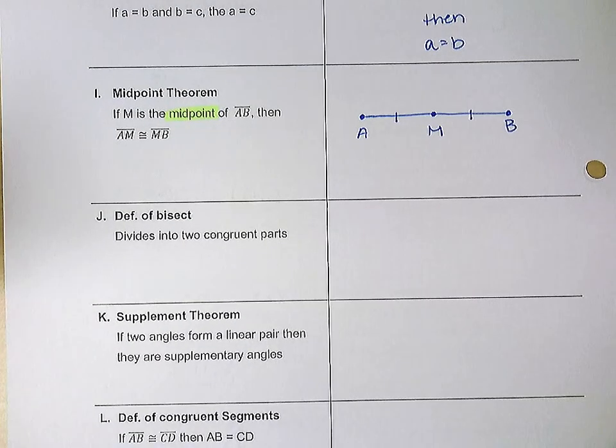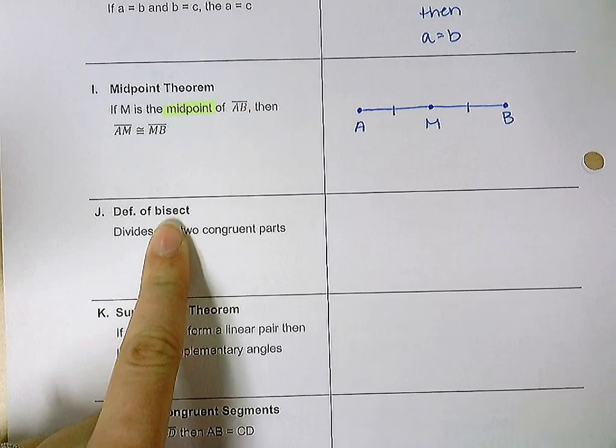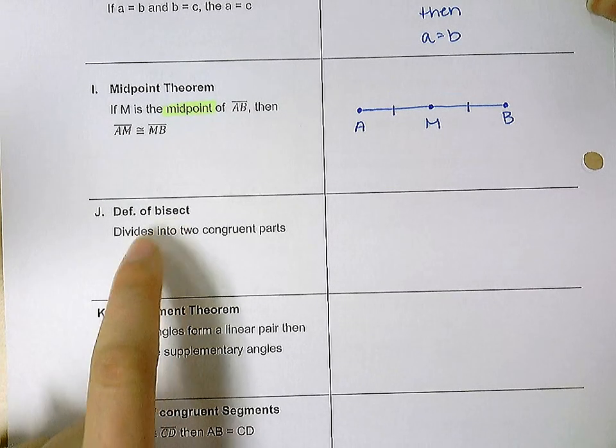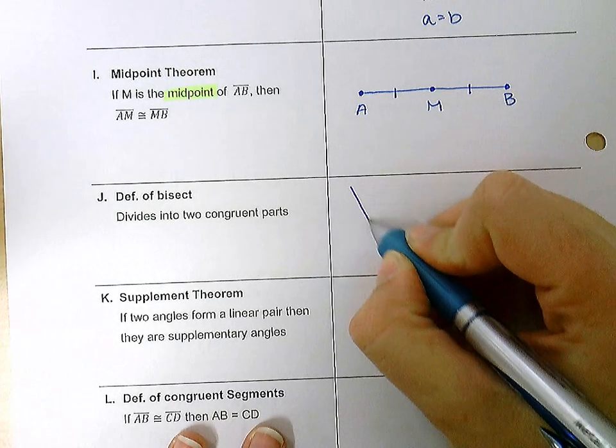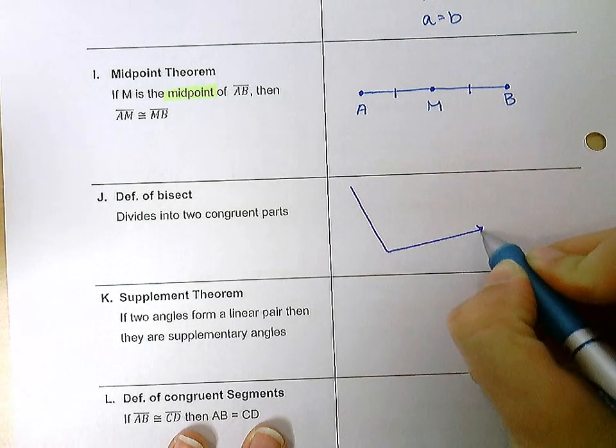Okay, next one is the definition of bisect. Bisect is your key word here. That divides something into two congruent parts. Usually we see this with angles. So if I have this angle here,